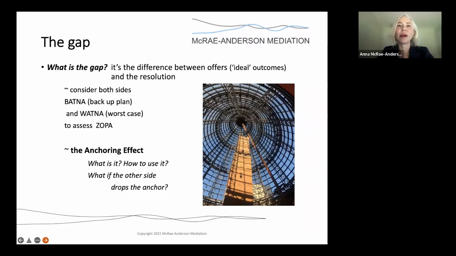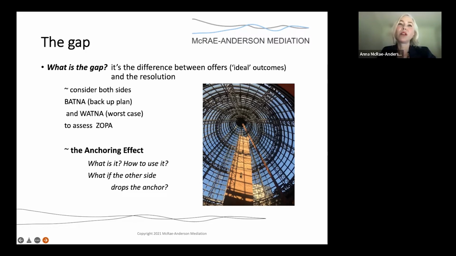Also, another thing to be aware of is the anchoring effect. This is often caused by the first offer. Interestingly, many people are reluctant to be the first to open negotiations by making an offer. I often hear, no, I'm not going to make the first offer. Thought on this is divided. Some say hearing from the other party first gives me valuable information. But others who go first say, then I get to take control of the dialogue. Look, there is no right or wrong answer. It depends in every situation.